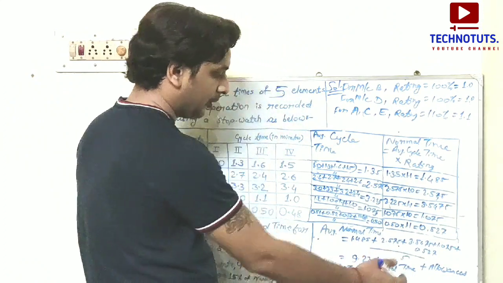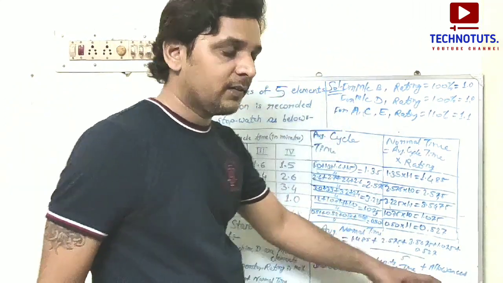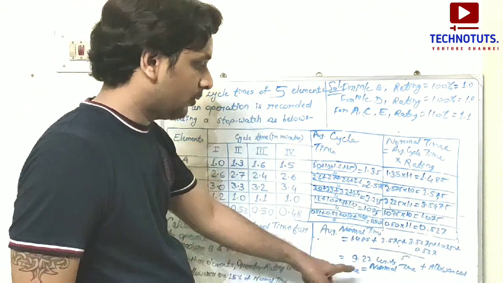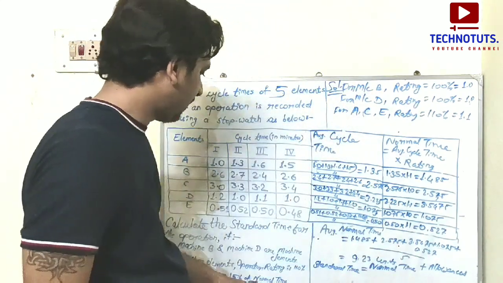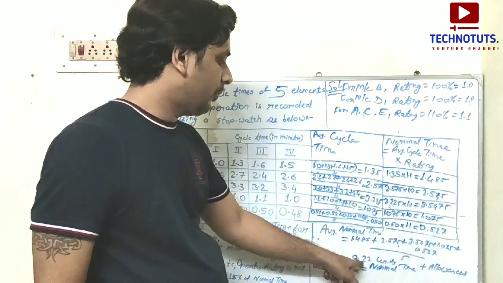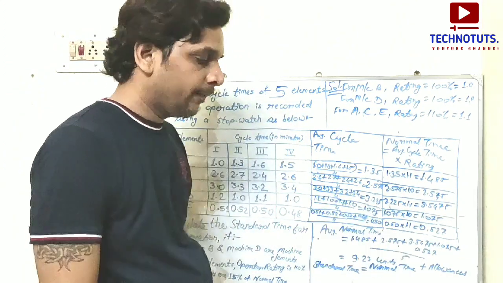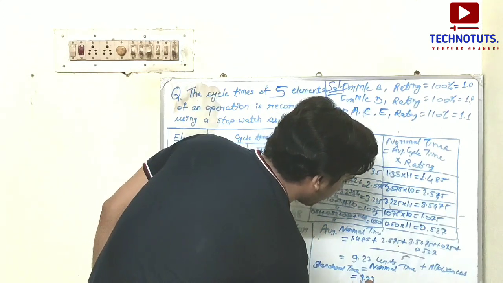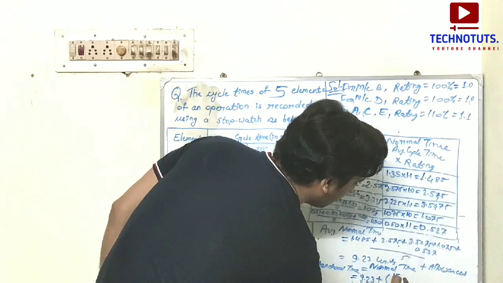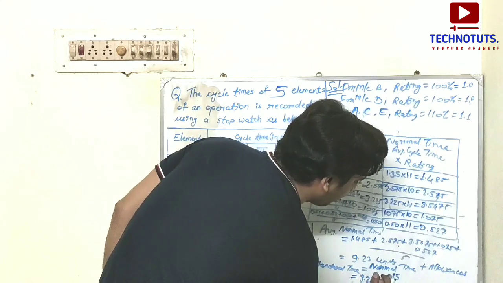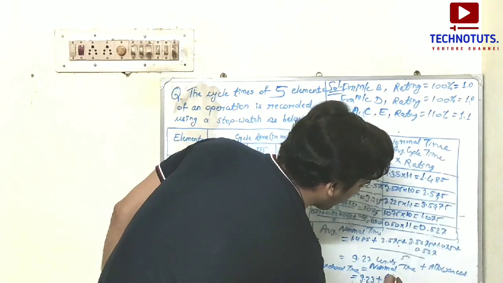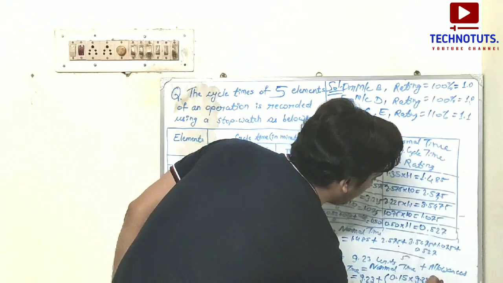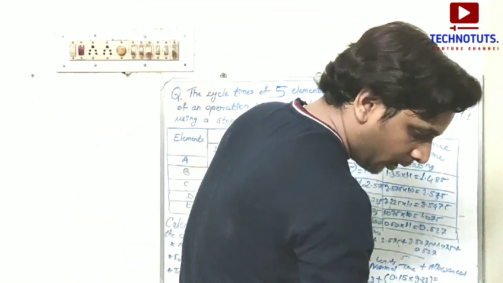Now we have to calculate allowances. The total allowances are 15% of normal time. So normal time is 9.23 and allowances is 15%, that means 0.15 into 9.23, which is equal to 10.62